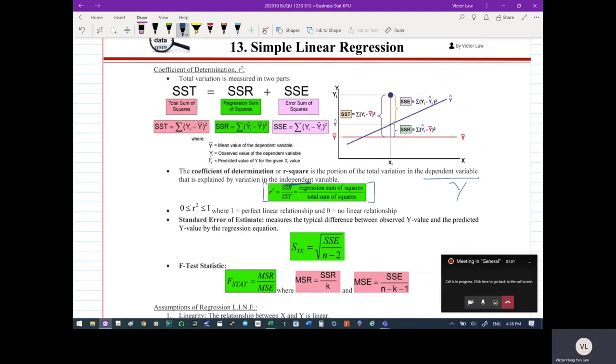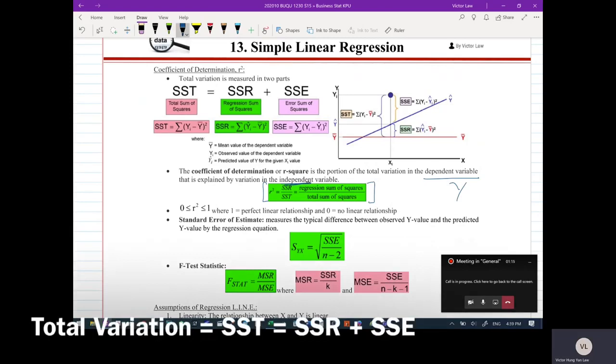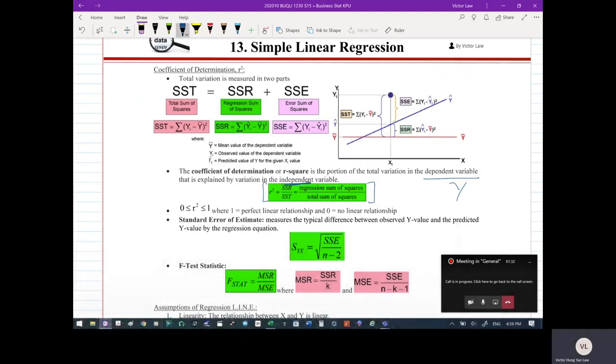And what you need to understand about R squared is that when we look at R squared, you need to understand the concept of total variations. So when we run our regressions, there are two types of variations. So we have SSR and SSE. Okay, and those two types of variation add up to your SST. Okay, so we have SST equals SSR plus SSE. What SST does is that it looks at the total variations. So SST is the distance between your